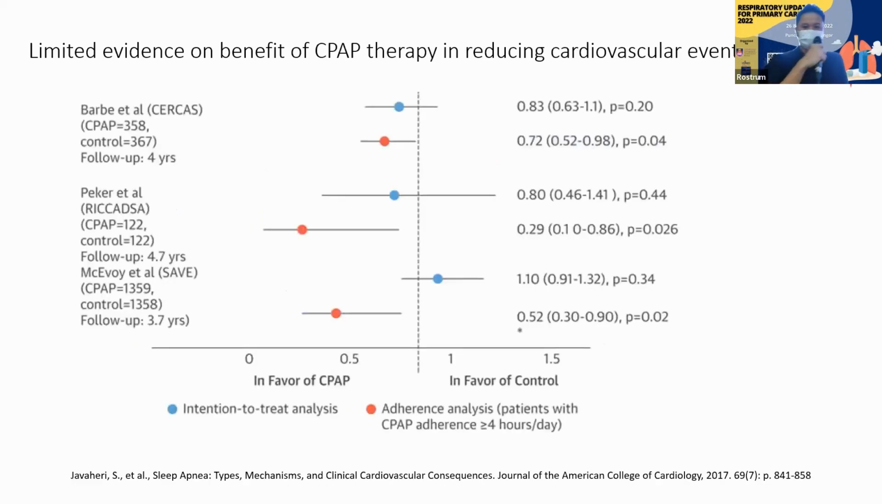So, in terms of the benefit of CPAP therapy to reduce cardiovascular events, 3 landmark randomized control trials have been done to determine the benefits. The CIRCAS trial, the first one, includes about 725 OSA patients with no prior coronary heart disease. And then the other 2 trials include patients with established cardiovascular disease. The SAVE trial randomized about 2,000 OSA patients with prevalent cardiovascular disease into CPAP therapy versus